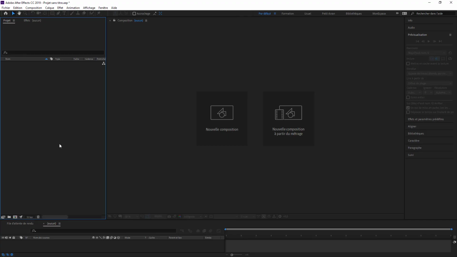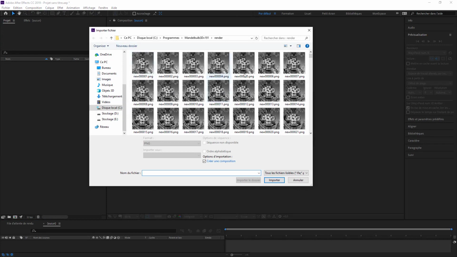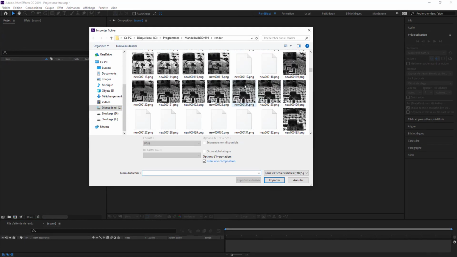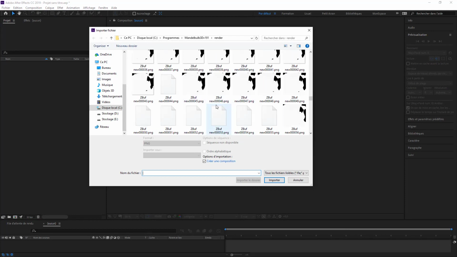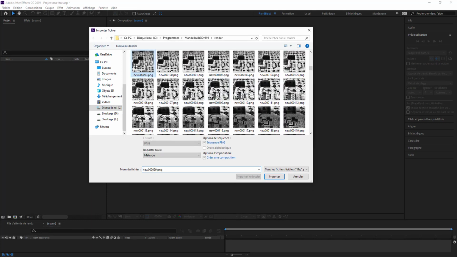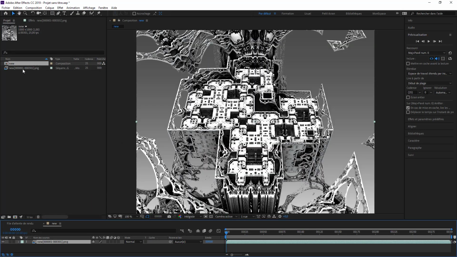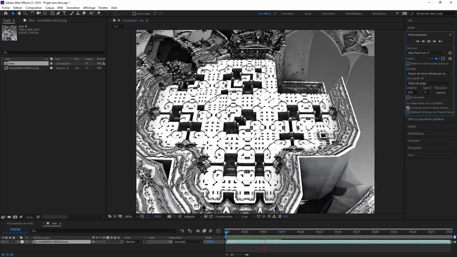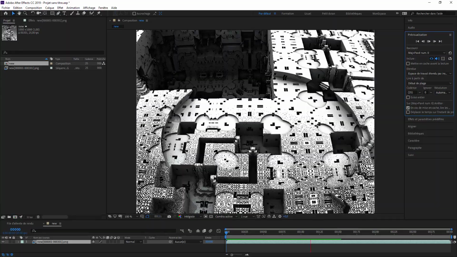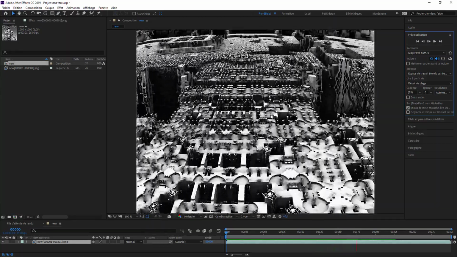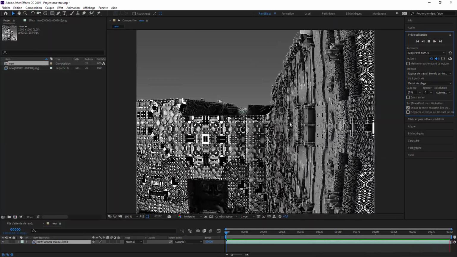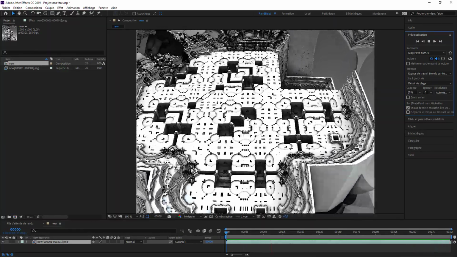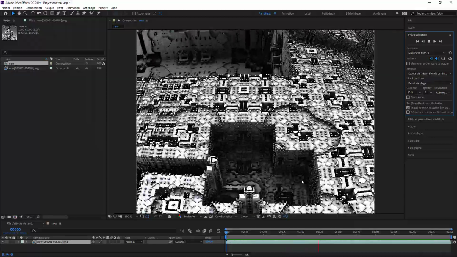I import my footage. So it's all that, you see, all the sequence. So there is 300 frames plus that buffer that we take. So I will take this one, import. So we've got that. I will press play to see what we have. So at the beginning, parameter animation, like I expected, and then camera animation, we go there, we look up, and then we finish around there, I think, yes. Okay, so it's not perfect, of course, I made the tutorial quite fast, but I think it's good.